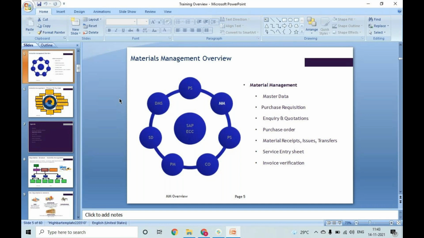Every master data will have its unique code. Moreover, in materials management, if you want a material to be inventorized, meaning if you are procuring a material and you want to see it as stock, in such a case master data is mandatory.